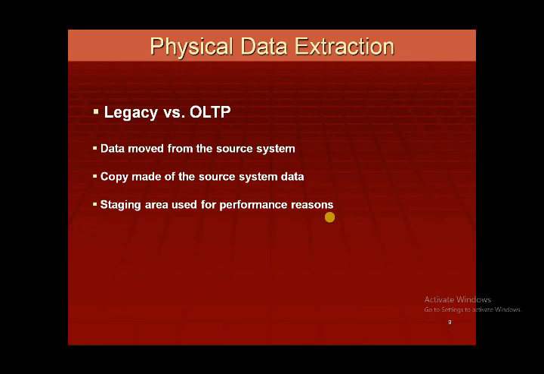The OLTP system is used to store transactions, and the data warehouse is used to analyze transactions. If we try to transform or cleanse the data either on the source system or on the data warehouse, we will need to perform more operations there. When we perform more operations on either the data warehouse or the source system, these operations will take CPU time and will degrade the performance of the system on which we are running this transformation operation.